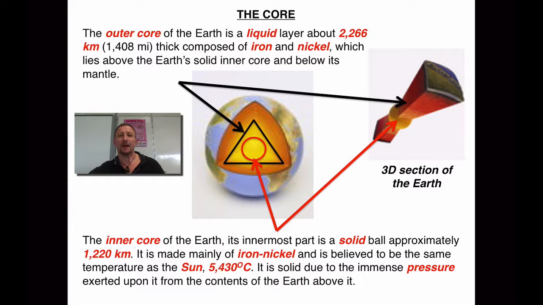As I say, iron is the predominant element which makes up magnets, and as a result gives us our magnetic fields. So I hope that gives you a rough introduction into the structure of the Earth,